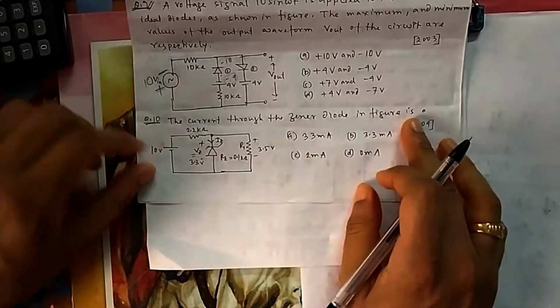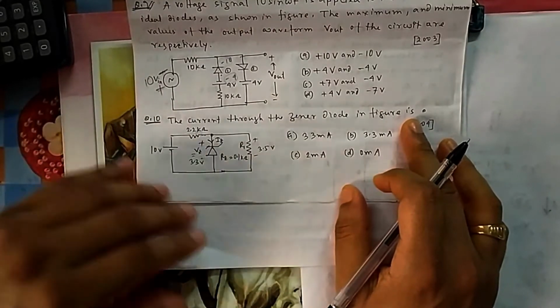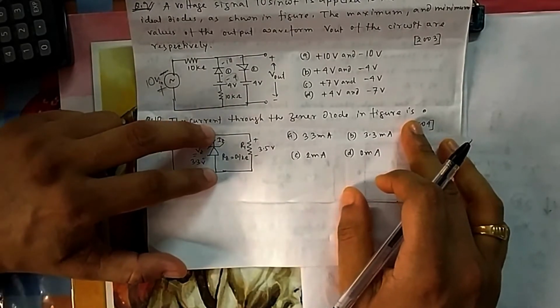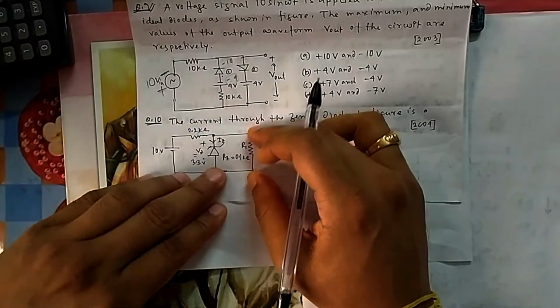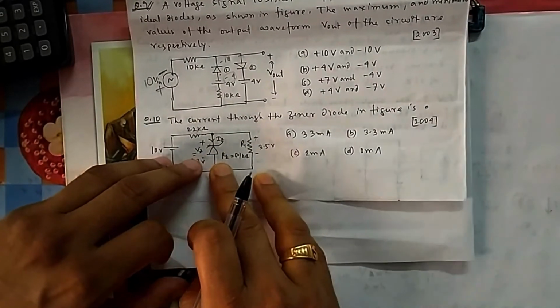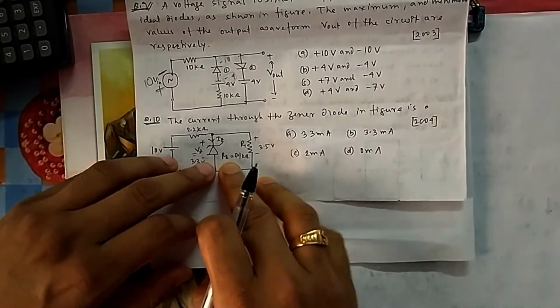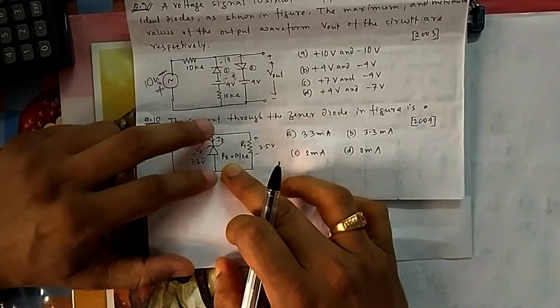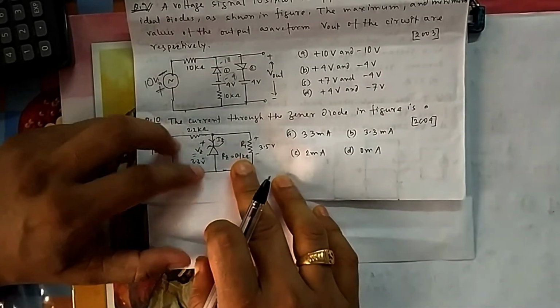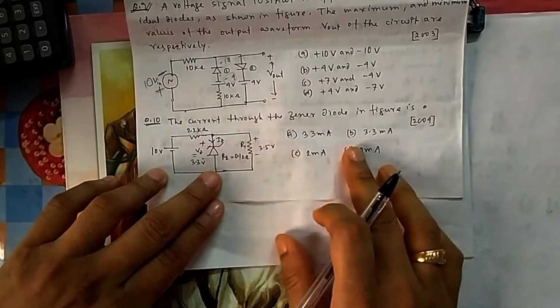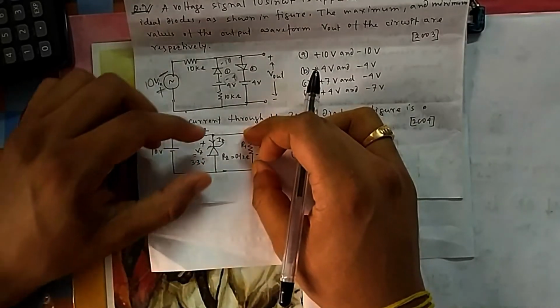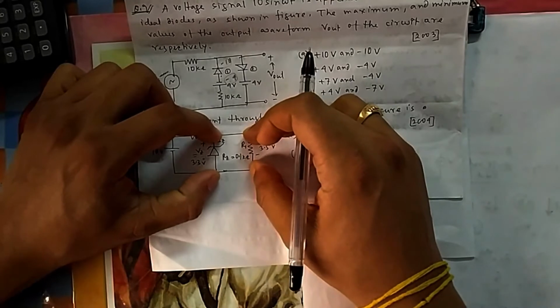They have given lots of data in the figure itself. The Zener voltage is 3.3, this voltage is 3.5. There is an internal resistance. This Zener is not an ideal Zener because it has some internal resistance also. So 3.3, then 0.1, then some current is flowing, and they are asking for the current. Obviously because it is 3.5, and both are in parallel, both should be the same.